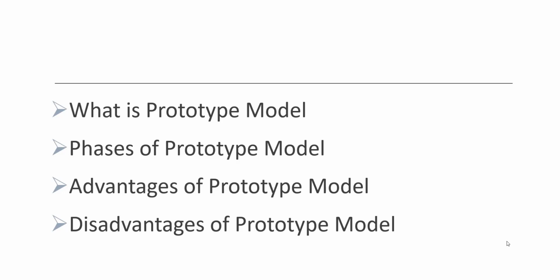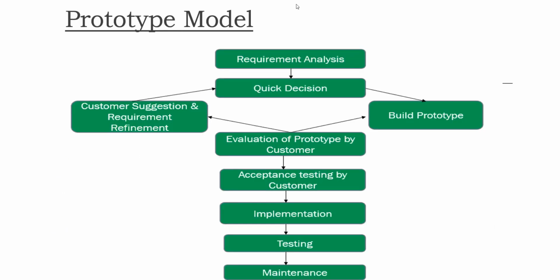Then we'll see what the phases of the prototype are. See, this is the prototype model. What we are basically doing in the requirements analysis phase, as requirements analysis is the most important part of the software development cycle, as discussed prior, we are interviewing the customer and getting the data in the requirement analysis phase. After that we are doing the quick decision. In the quick decision we start deciding how to prepare the prototype. Then we start building the prototype, and then customer suggestions and requirements and